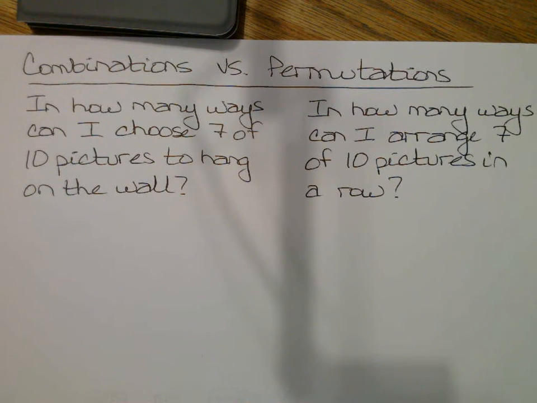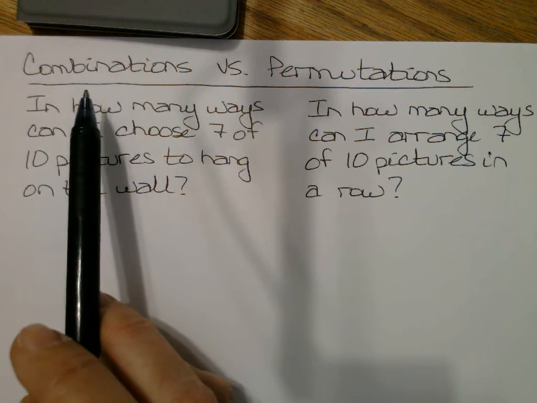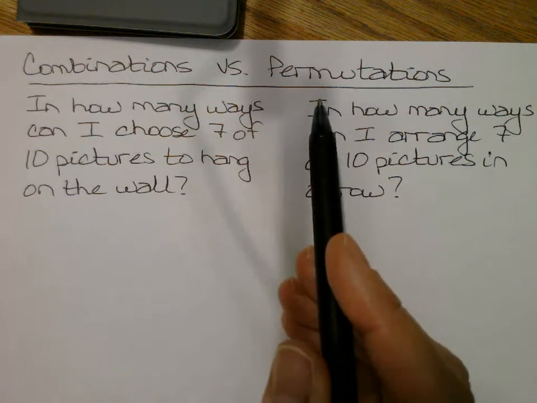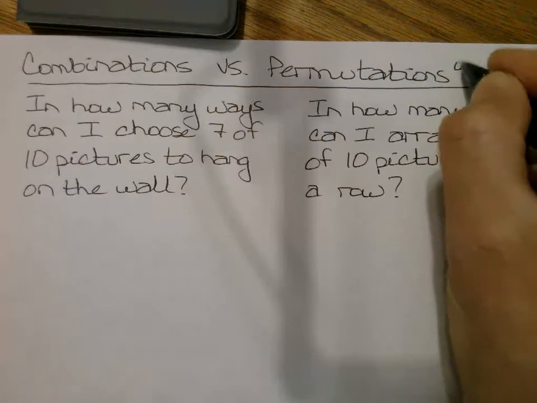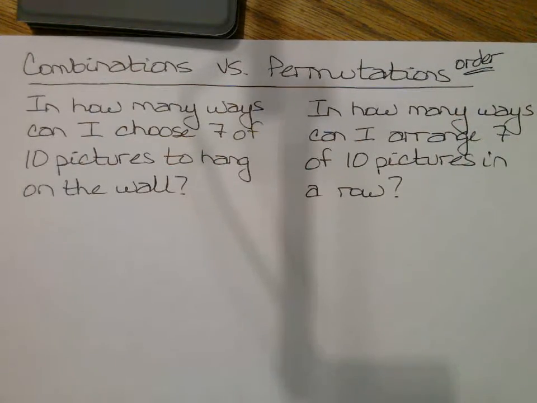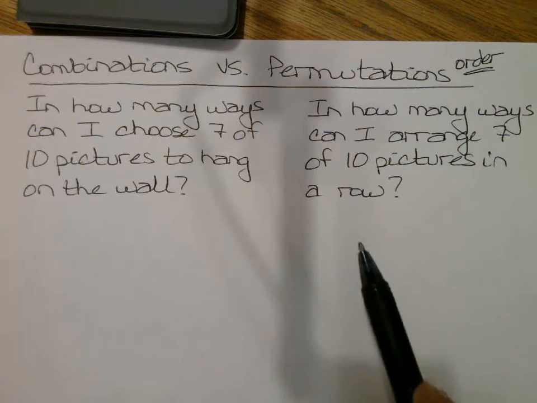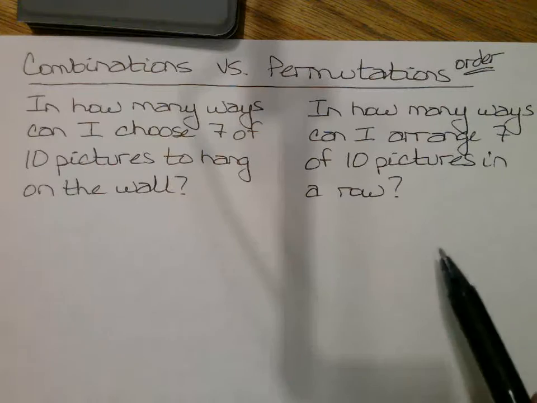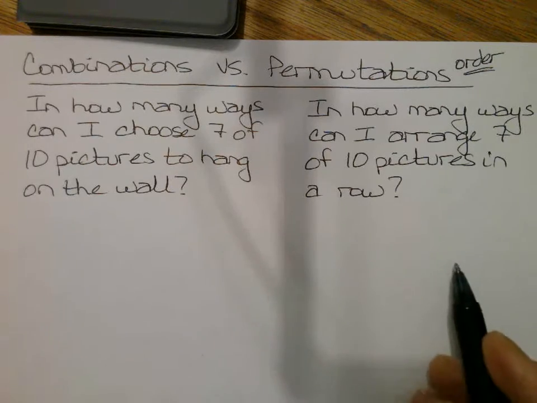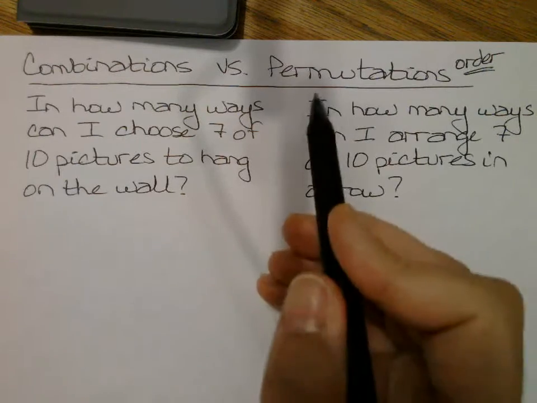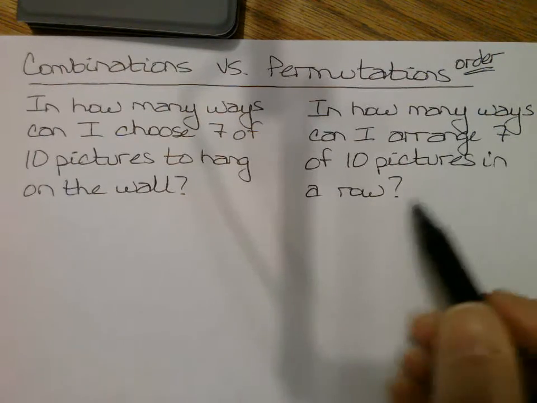Let's take a quick look at the difference between combinations and permutations. For permutations, order matters. We're talking about arrangements. We're talking about putting people or objects in a certain order and rearranging them. So an example of a question for which I would need permutations: in how many ways can I arrange